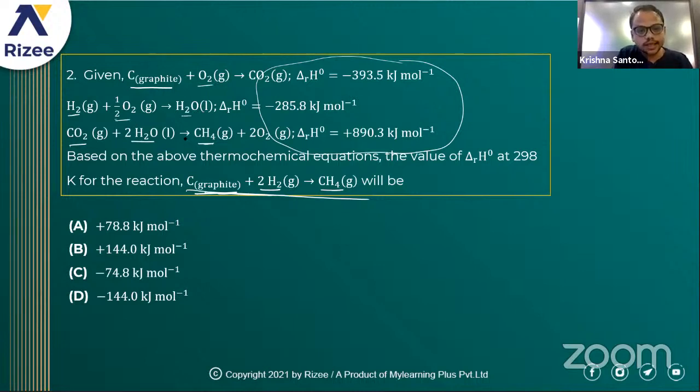So you can see here how many H2 is there? One H2 is there, but here two H2 is there. Half O2 is there, and here one O2 is there. So half O2 means 3 by 2 O2. So if I am multiplying this equation, suppose this is the first, this is the second, and this is the third one. So if I am multiplying the second equation with 2,